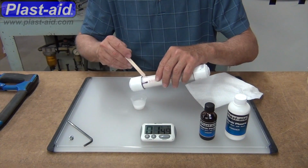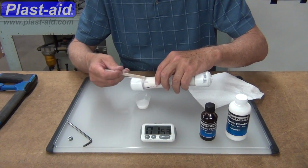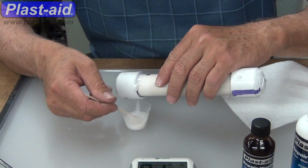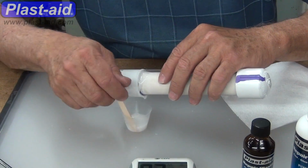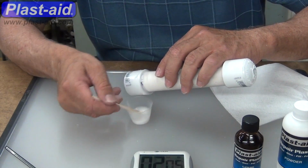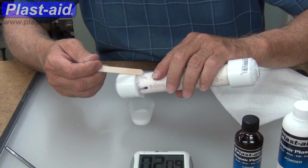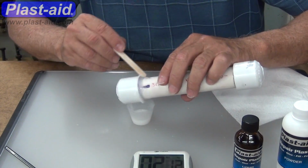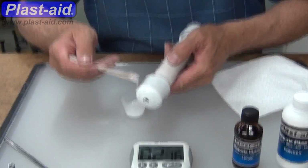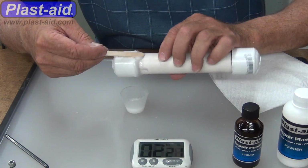Okay, notice that almost immediately after mixing it, while it's still liquidy, we're putting a coat on. What's happened is that the liquid dissolves the powder, and the chemicals that are in the powder, the catalysts that cause the liquid to harden, are released. And what happens is that the liquid molecules begin to attach themselves to each other like a link in a chain. And we want to be sure that while it's very liquidy or soupy, that takes place on the surface